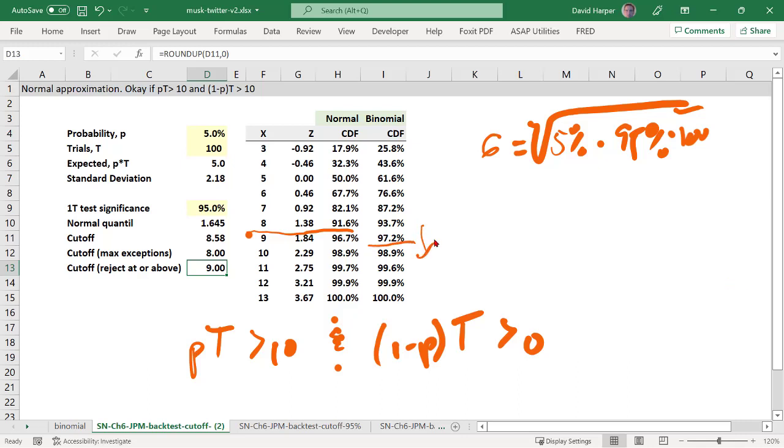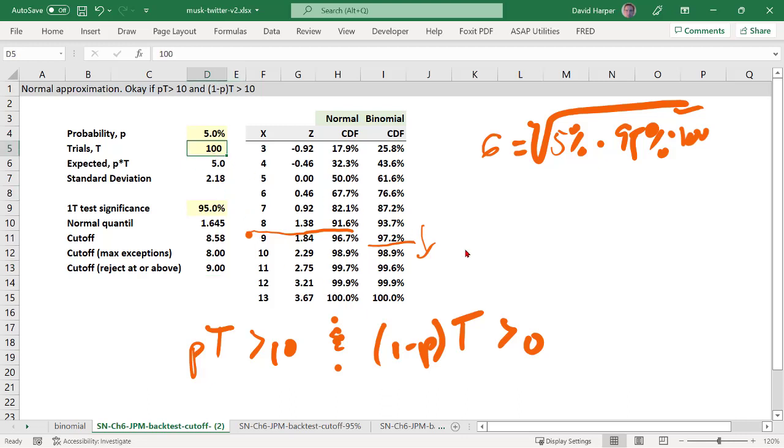And I'll probably in the notes explain a little bit more about the theory on that, because I won't be surprised for someone to come along at some point and say it should be 9, or some actually even some interpolation of that. But I'll defend my 10 in the notes. But you can see I do get a different result. Here is the binomial CDF. Here is the normal CDF.